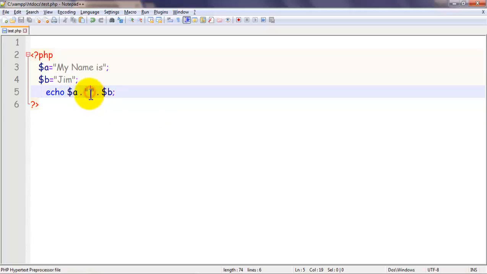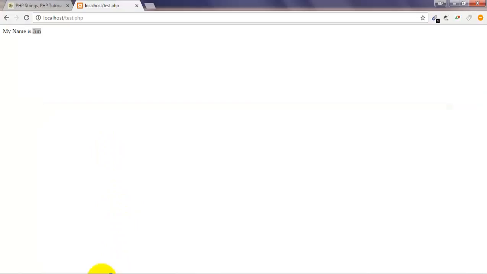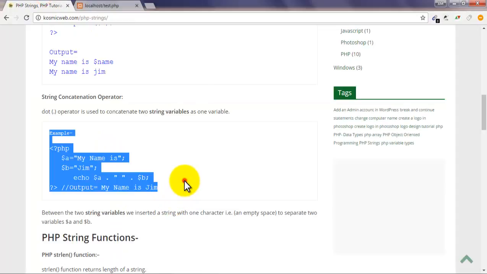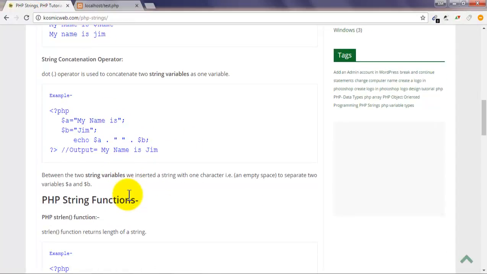Between the two variables $A and $B we have used an empty string to separate the two variables.